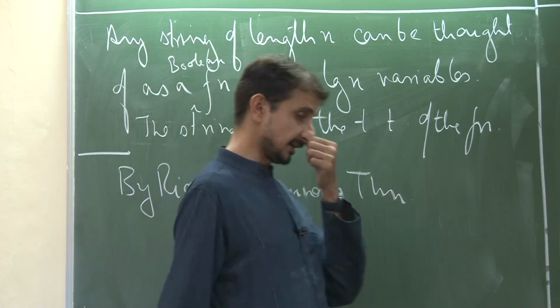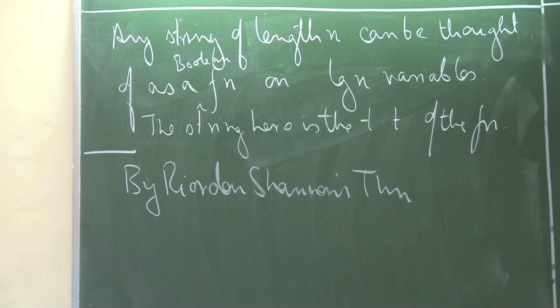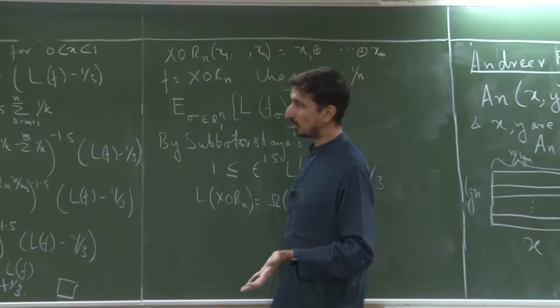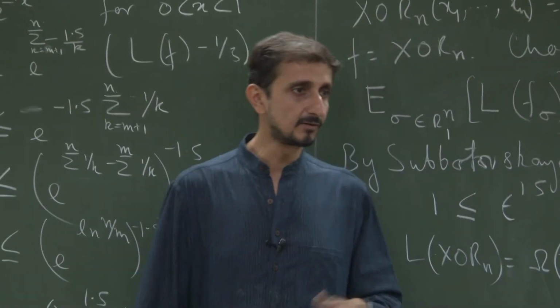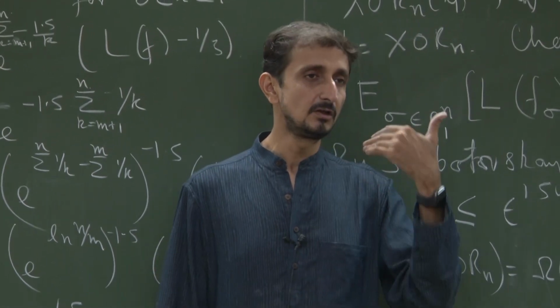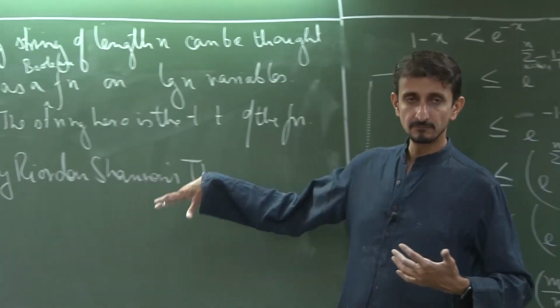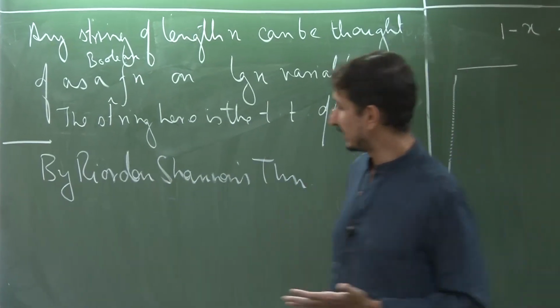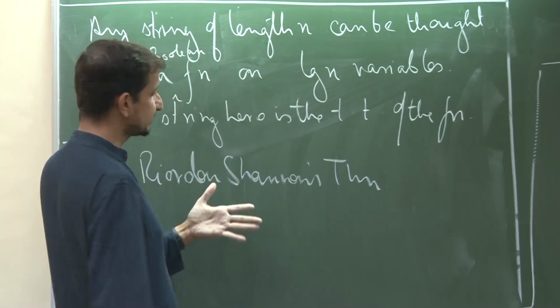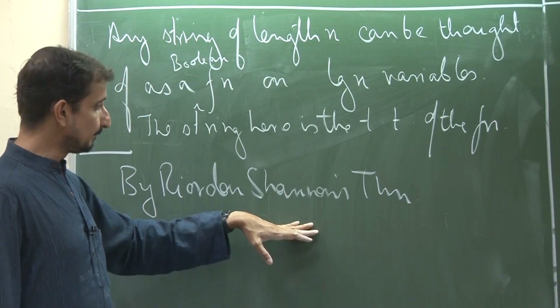So, what was Riordan-Shannon's theorem? Let me just recall it for you. Riordan-Shannon's theorem gave us a lower bound on the formula size of any function, over any arbitrary basis. Shannon's theorem was for a lower bound on the circuit size, and Riordan-Shannon was a lower bound on the formula size. Essentially what it says is that if I look at any function f on n variables, then